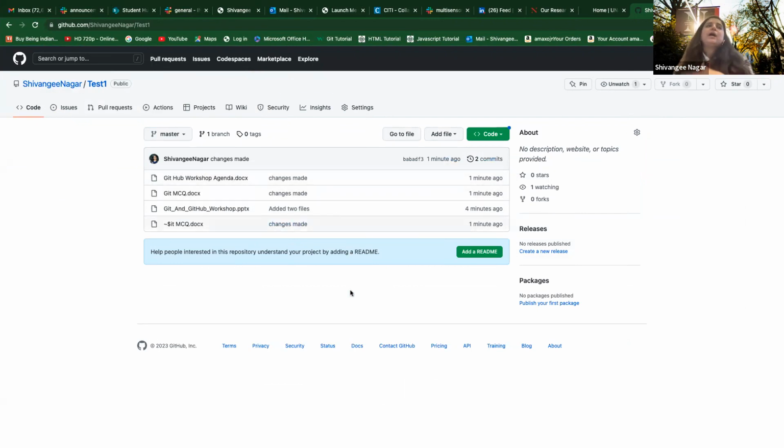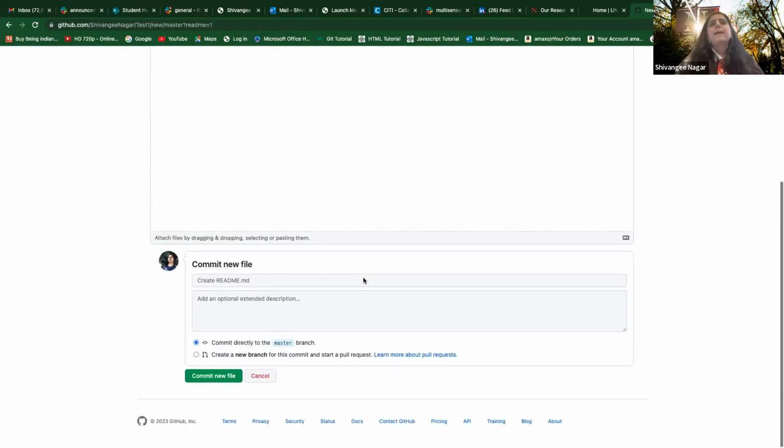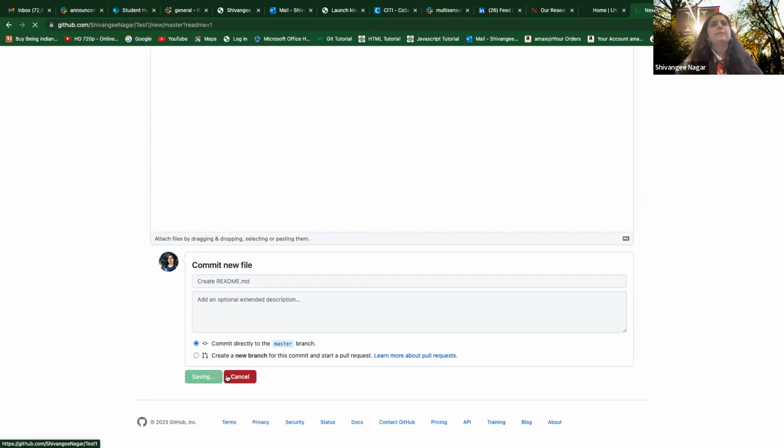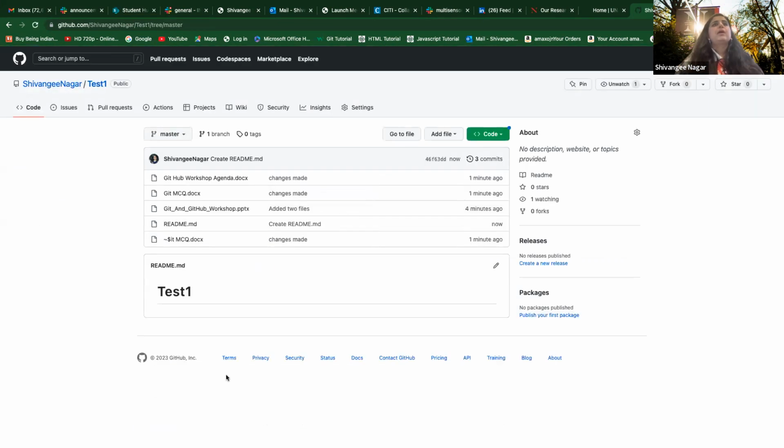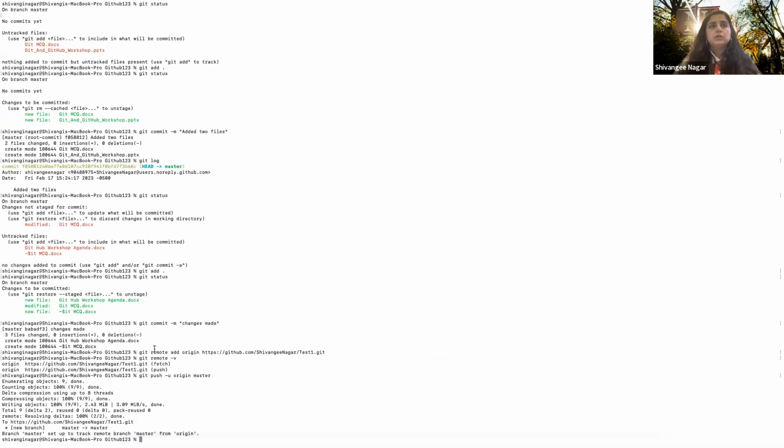Now, what if I want to have some changes on my remote, and then I want to also have those changes in my local? So let's say I want to make some change in the test1 repository. I'll just add a README, simple. Yeah, and I'll just add a README, right? So now what do I do? I can go back because it's still connected with my local. So I can go back here.